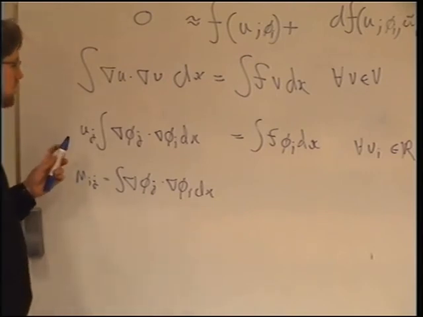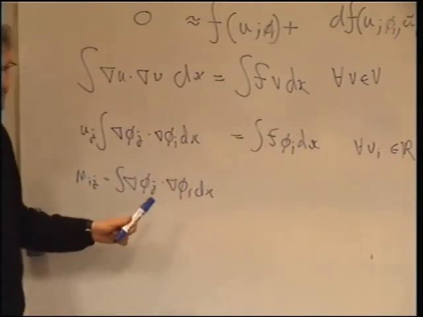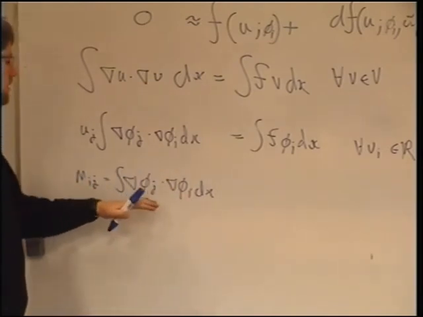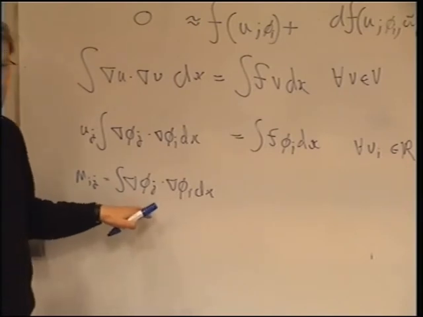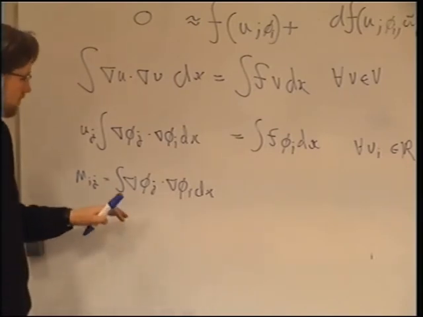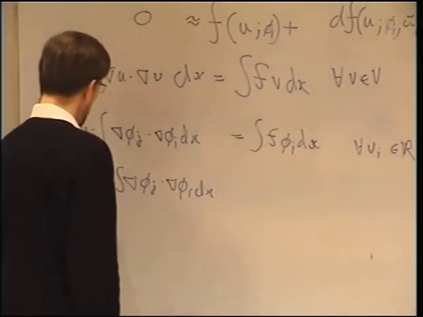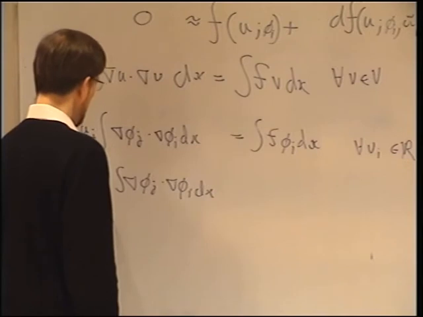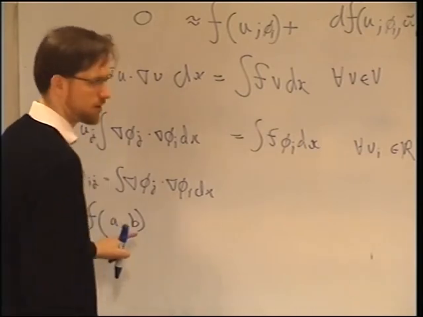The terminology that's used: this thing is a bilinear form. It's a function which is linear in two arguments. And if I have a form, f, which takes two arguments, A and B,